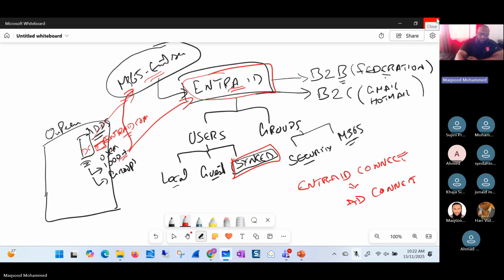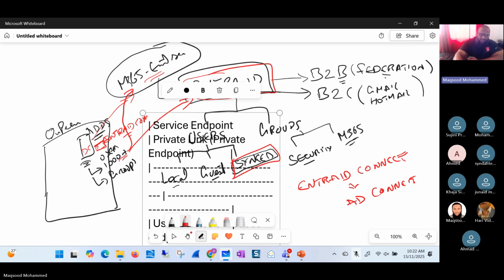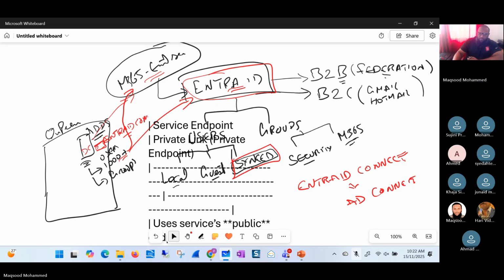Right, so that was the discussion we had earlier. So let's start with today's topic, and it's again one of the very important topics we have. We are going to discuss